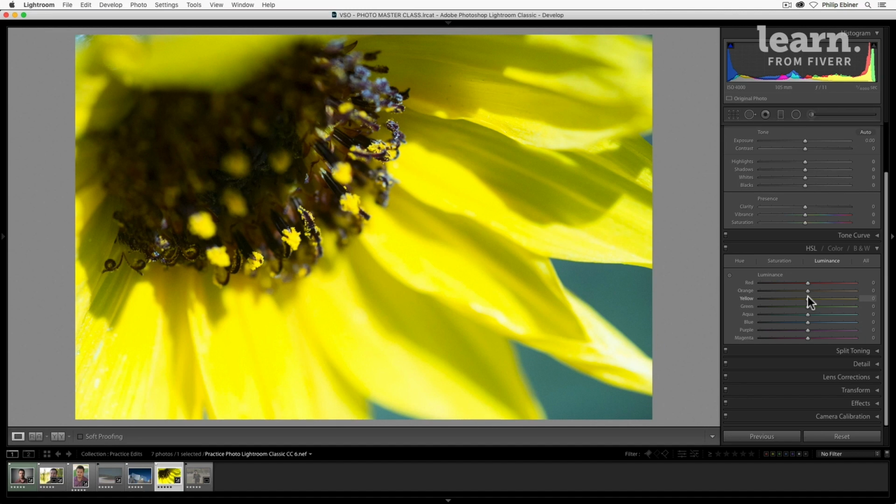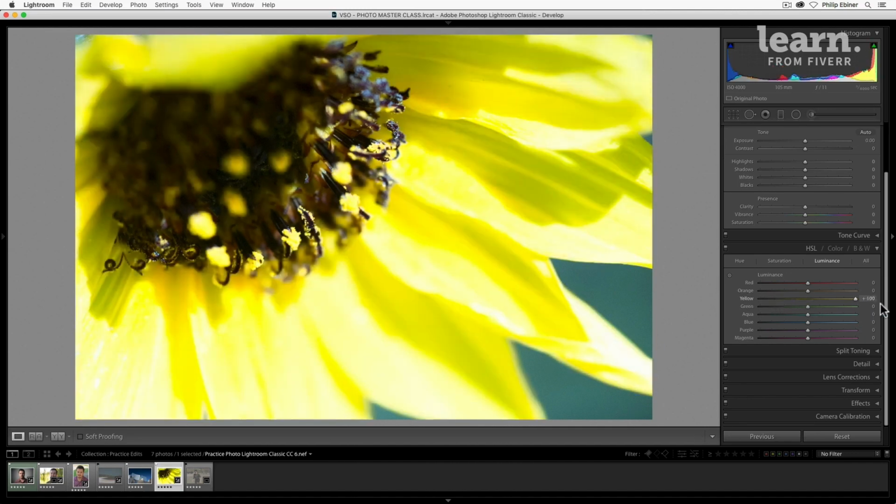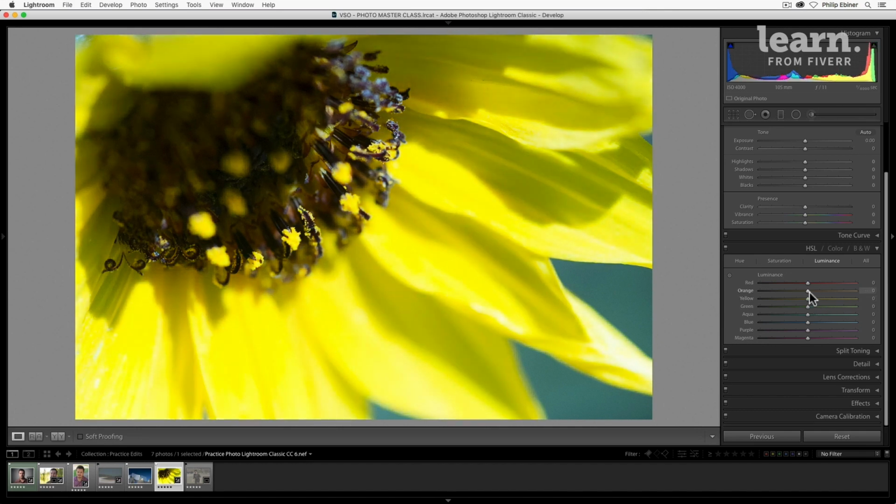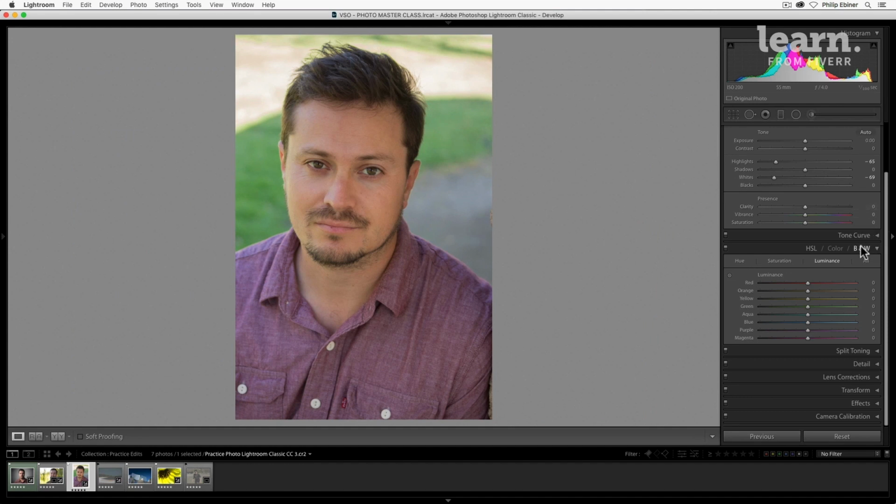So if we want all the yellow to be a little bit darker, we can drop down the yellow slider. Brighter, we can bring it up. So this is a cool example. Let's go to this photo because this one has multiple colors, where we could say we want to make the background desaturated, this green, but the red pop a little bit more. Let's go to our saturation and bring down the green. And then for the red, let's bring the red, maybe more like the magenta, up just a little bit. So that's kind of a way to